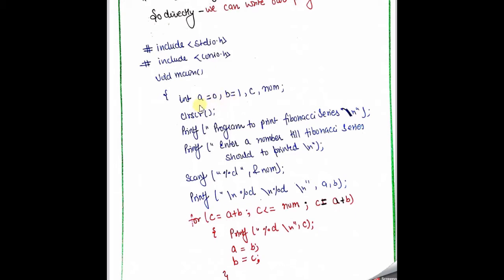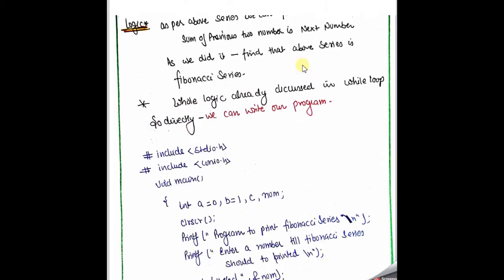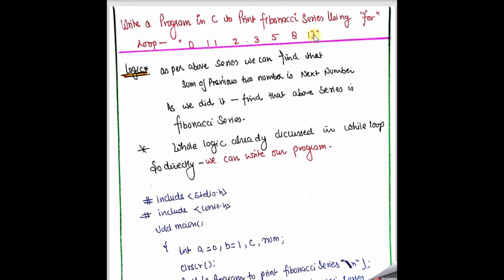To store 0 and 1 we use two variables a and b, and c is just used for the addition, to perform the addition over the two variables to store the next value. And number is used to limit how far we go, so that your coming number is less than that number. For example, in the above sequence we get 13, that means our number is less than or equal to 13, or less than 14.